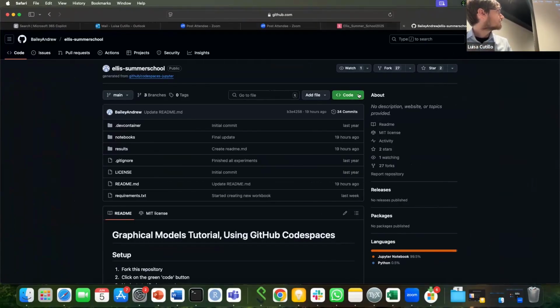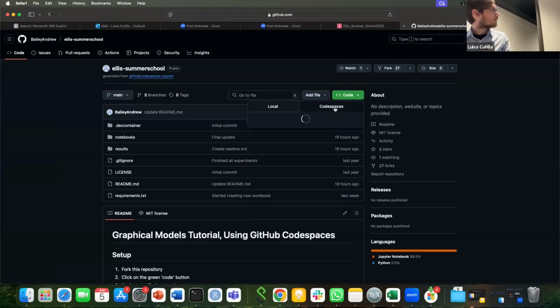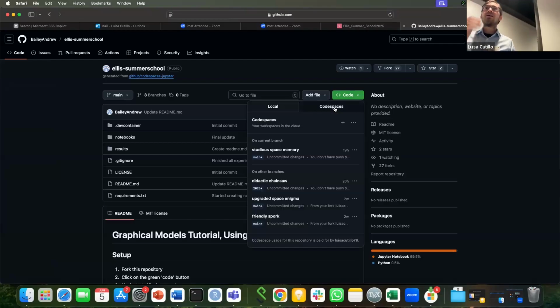There should be a button here called code. You may have to fork the repository. If not, if you click code, you can go to Codespaces. That's what we'll be using. Is that button available for everyone? Okay, good. I was worried we'd have to go through the process of forking the repository and all that. Great. So you go to Codespaces,